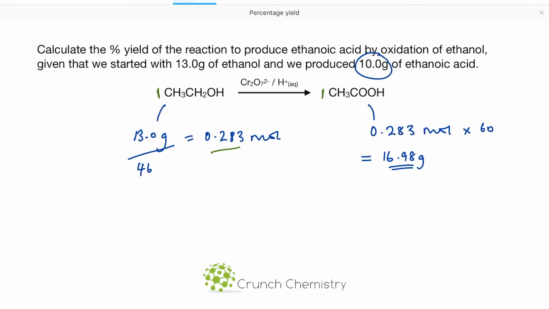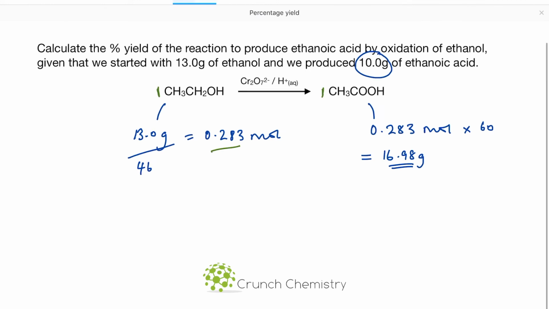Why do we not make our maximum theoretical mass? Well, there are lots of reasons. The most common one, obviously, is that not all the reactants reacted. Sometimes we can get a reversible reaction set up. Lots of reasons there. Okay, so in order to work out the percentage yield, it's going to be 10.0,